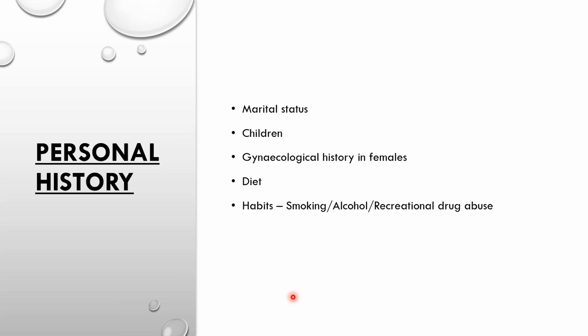So what kind of diet they are having, that is also relevant in certain diseases. Then the habits like smoking or alcohol consumption and recreational drug use. Now, how is that important? I'll tell you. Smoking could lead to a lot of tumors, as we all know. It could aggravate a lot of conditions like thyroid eye disease. It's said that if a person is a smoker, then thyroid eye disease is likely to be 7 times more likely, right? So it gets aggravated in those patients. And smoking could also lead to central serous chorioretinopathy in male patients, right?